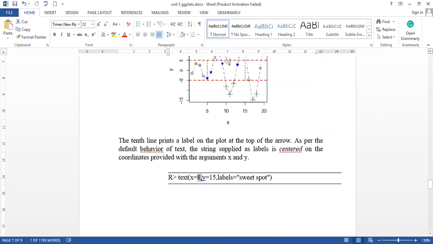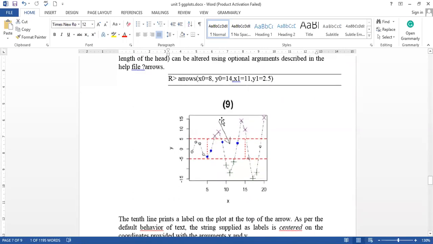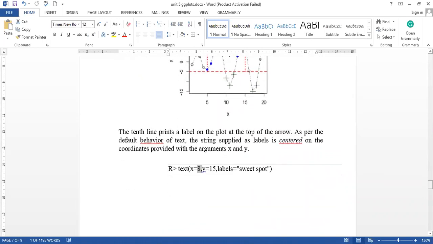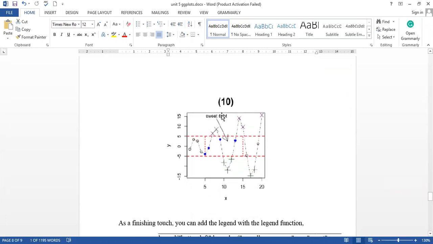If you see in the previous plot, we have taken the starting position 8 comma 14, so just above that we need a text. So we have taken the coordinates 8 comma 15. Labels are basically to define the labels. In the labels, you can define the string. The string name is taken as sweet plot. So if you look at the picture, this sweet plot label is defined here just above the arrow.